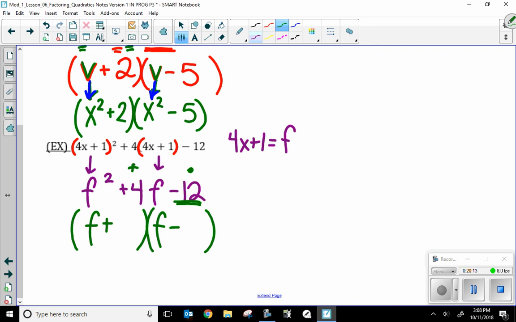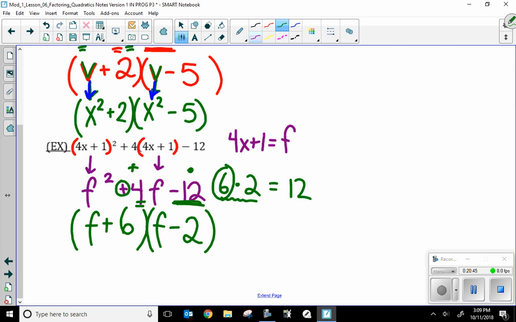If my signs are different, what are two numbers that multiply to be 12 that are different by 4? 6 and 2 multiply to be 12. 6 and 2 are different by 4. So which number gets which sign? My bigger number, the sign in the middle. So my 6 is positive, my 2 is negative,